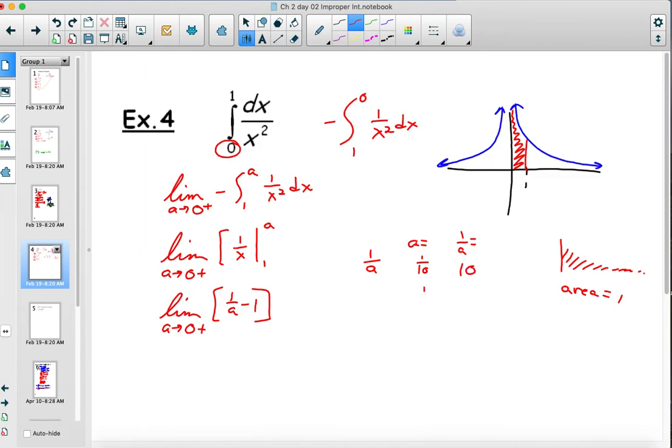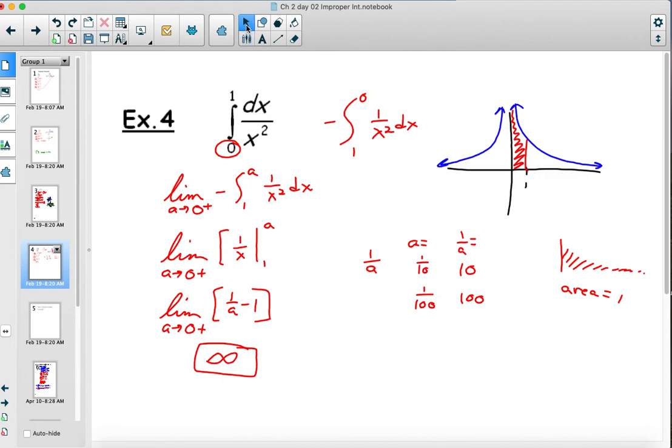And when a is equal to 1 over 100, then 1 over a is going to equal 100. So it's getting bigger and bigger positively. And then subtracting 1 isn't really going to do much. So as a gets smaller and smaller, this expression is approaching infinity. So that's really weird because